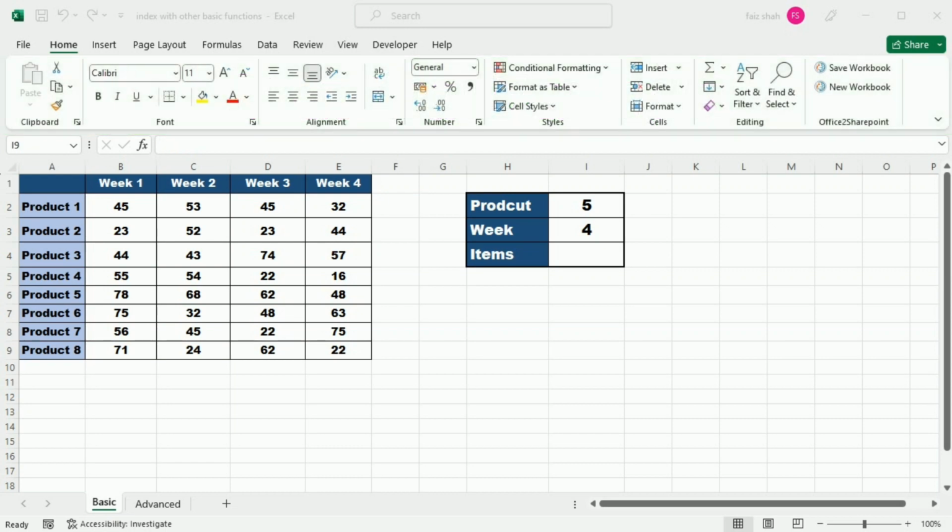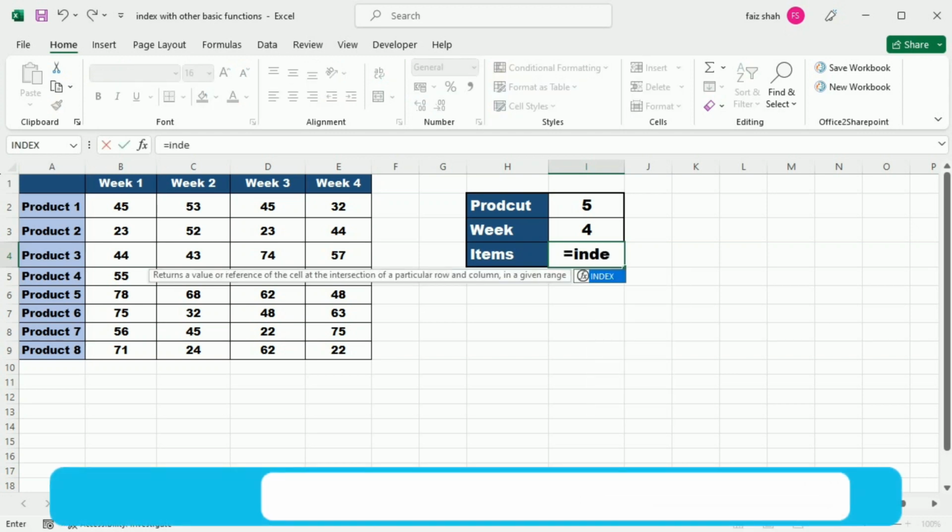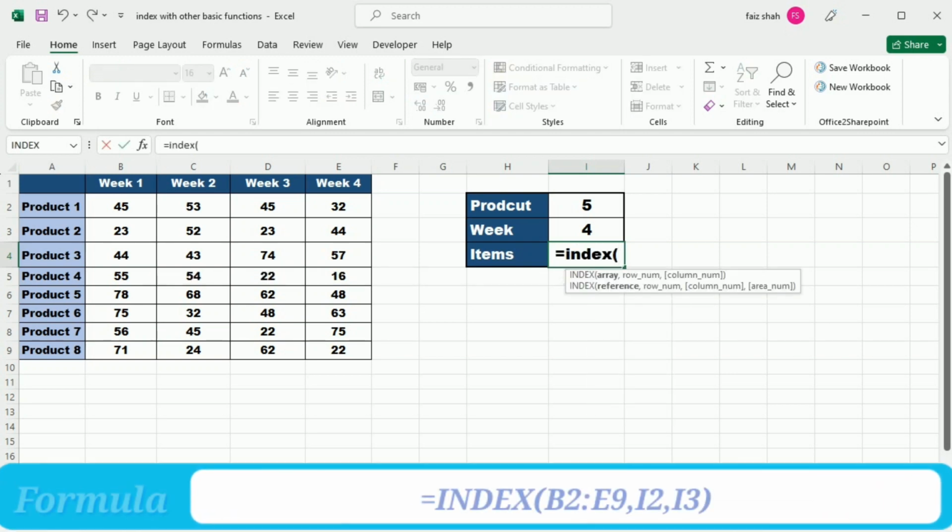In this example, we have the sales value of different products in different weeks of the month. If we want to know the exact sale of a product in a particular week, we can use this function. So how will we use this function? Let's see it. To apply this function, I will write equal and then INDEX bracket start and select the table